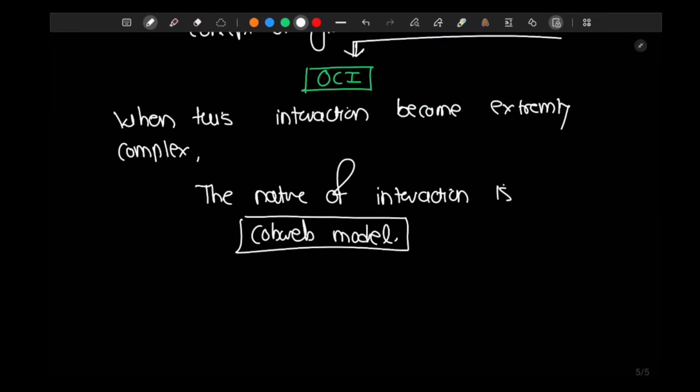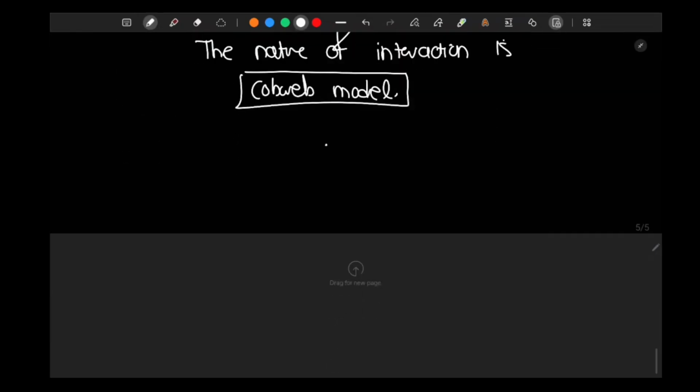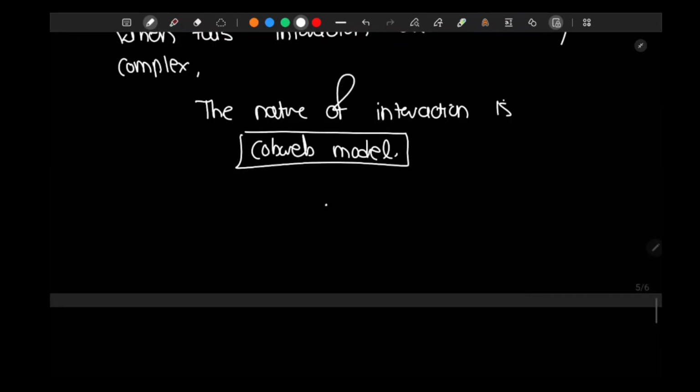If you have seen a spider's nest in your house, right? If you don't clean your house for a long time, you will find a spider's cobweb, right? In the cobweb, the spider catches its prey and all those things, so that is a cobweb, right? I know I will not be able to draw it, but remember that and try to understand what I'm trying to say. I will not make an effort to draw it because I will draw absolute bullshit. So cobweb